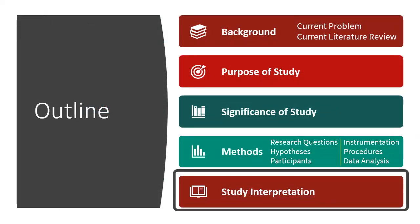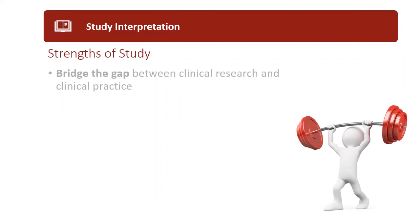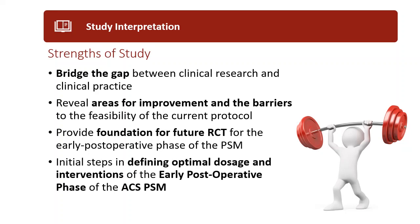Okay, moving on to the study interpretation, strengths and limitations. Okay, so a strength of the current study is that it bridges the gap between clinical research and clinical practice. It reveals areas of improvement and barriers to the feasibility of the current protocol. It will provide a foundation for future randomized controlled trials for the early postoperative phase. It also provides initial steps in defining optimal dosage and interventions of the early postoperative phase of the American Cancer